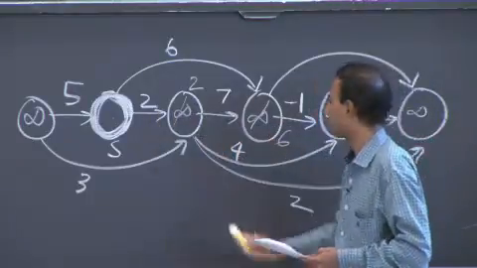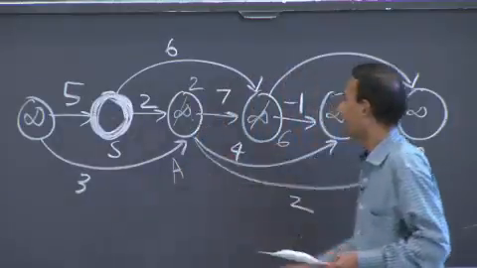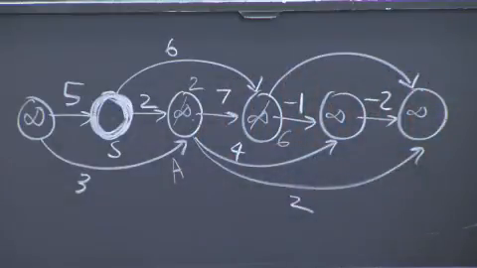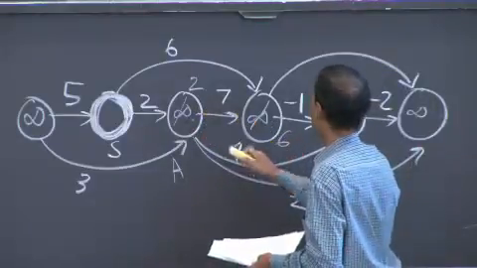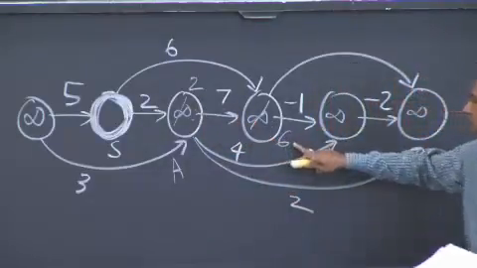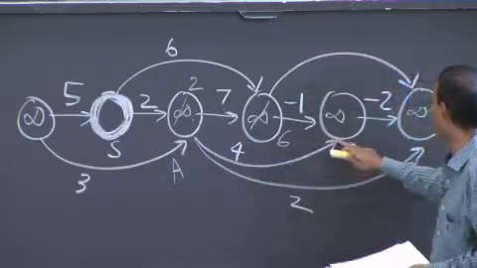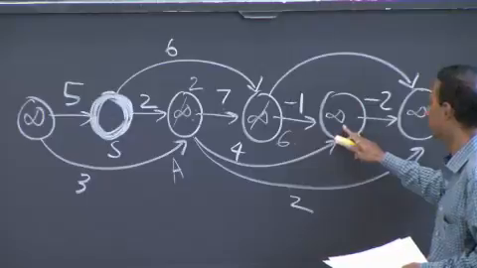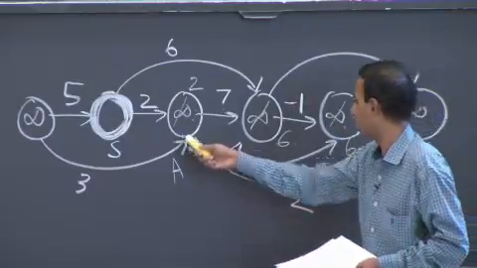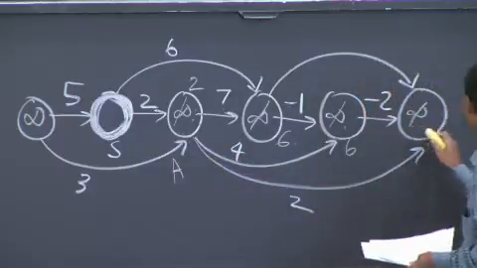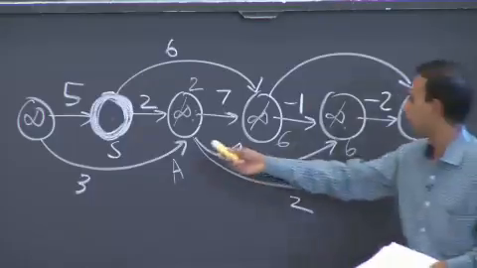And this is what I have, 2 and 6. So the next step is to get to this vertex. Let's call that the vertex A. And I'm going to relax the edges going out of A. And when I go out of A, I get 2 plus 7 is 9, which is greater than 6. So there's no reason to update that. 2 plus 4 is less than infinity. And so that's 6. 2 plus 2 gives me 4 here, and so on and so forth. So now I'm done with vertex A.